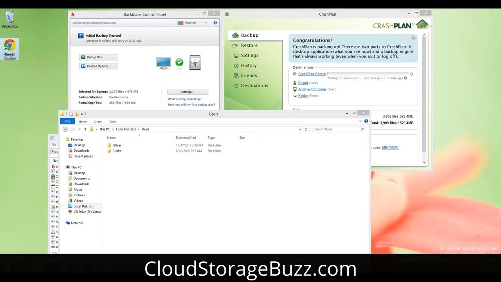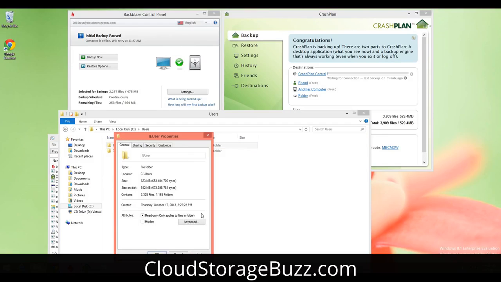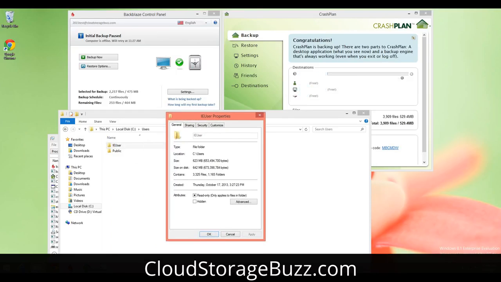We're going to be testing out Backblaze versus CrashPlan head to head on the same test machine. I've got a new test machine set up with roughly 600 megabytes of data, and we're going to give both these services a run through on trials, just to see how long it takes to back things up, how easy it is, and how these might perform on your systems. This is a Windows 8.1 virtual machine, so it's a little different than your standard hardware desktop,